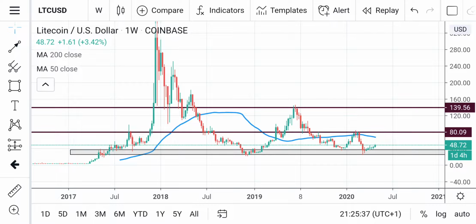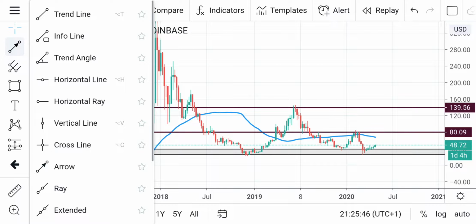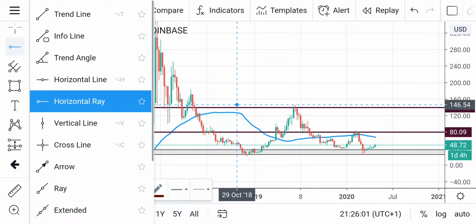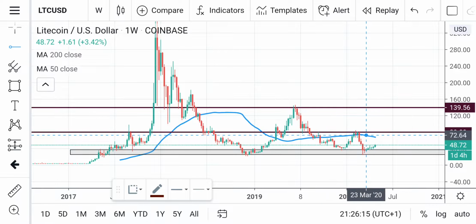It could be dynamic support or resistance depending on if price is trading above it or below it. So as you can see over here, price is actually trading below it. The candle, the price is below the 50 period moving average. So what you look to do is identify this level by clicking on the horizontal ray. You can use a horizontal line, but I love using horizontal ray so that it does not extend throughout my chart. So I click on horizontal ray and I go over to the tip of the 50 period moving average